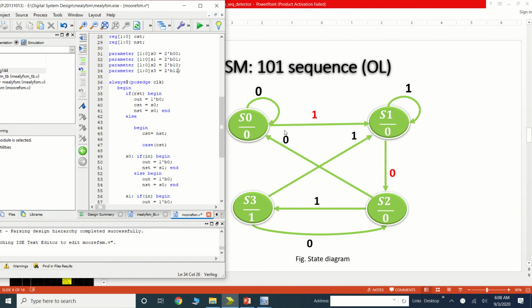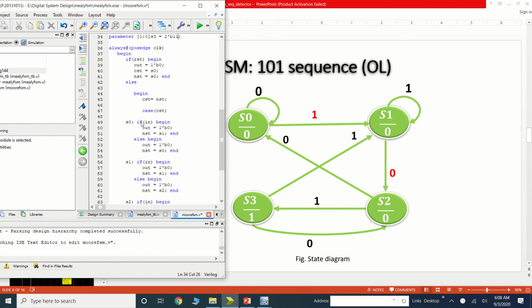Okay, so what we can do in each state here, when we are at the S0, what is that output? I am just commenting this output. So when we are in the S0, the output would be 0, irrespective of whether my input is 0 or 1. Okay, so here what we are considering, we are writing here in the S0 state my output would be 0.